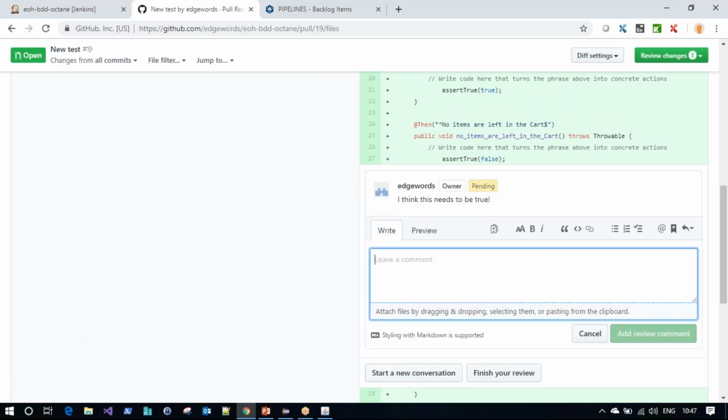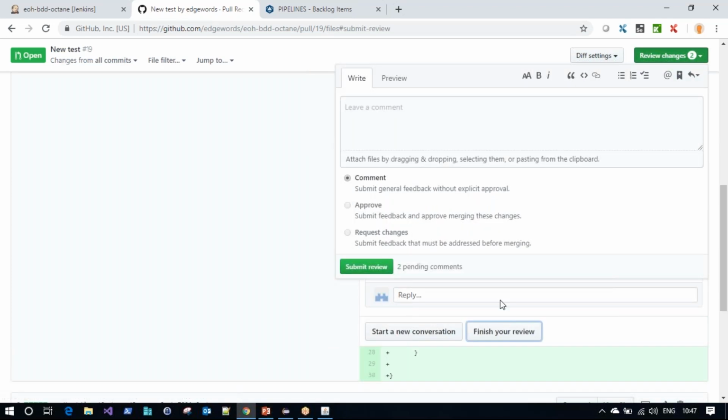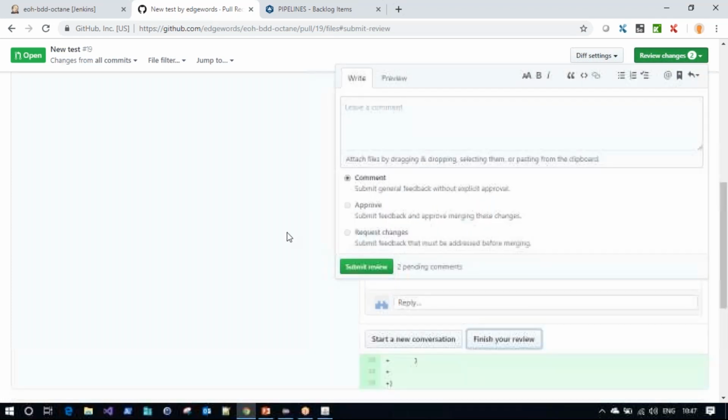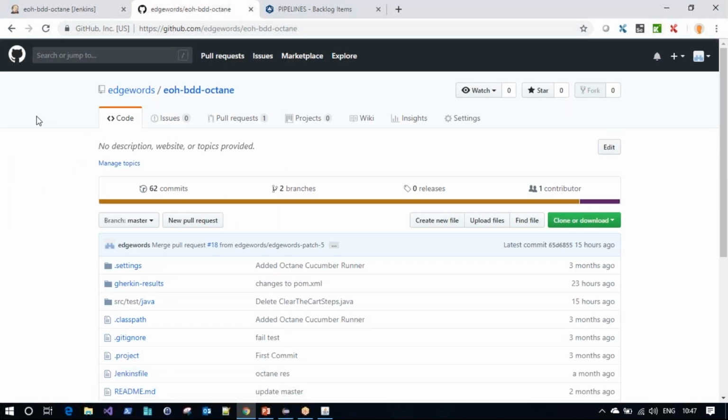So another tester, or the person that, I'm obviously acting several roles here, so that's the reviewer, the person who created the automated tests, can add to that. At any point we can finish reviews, we can add comments, start conversations. So we can look at, within our code,